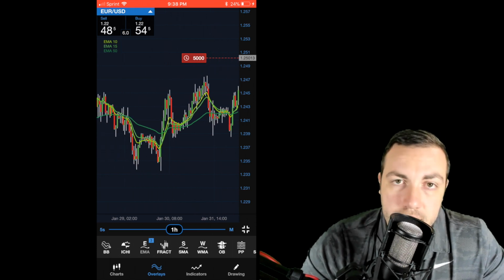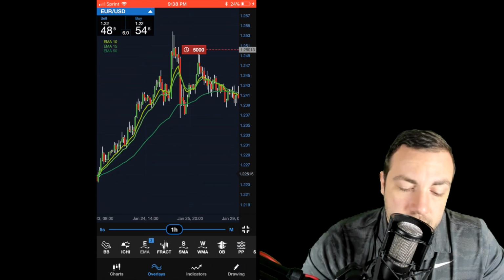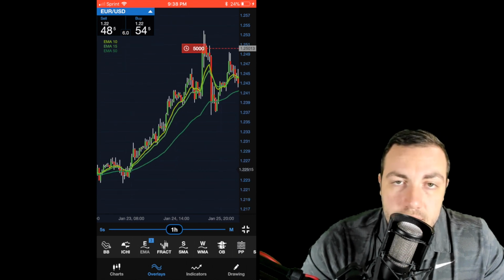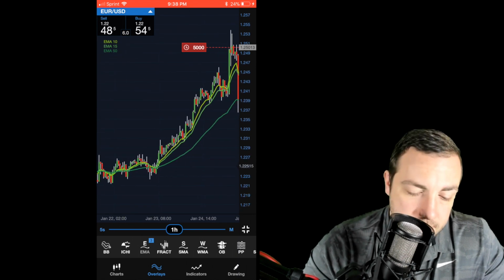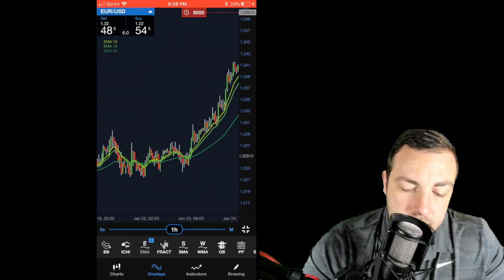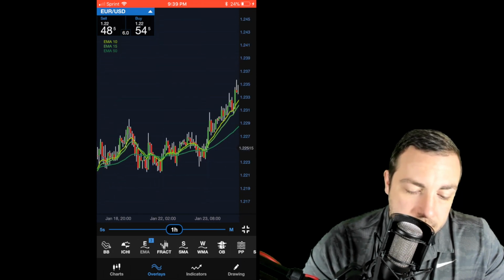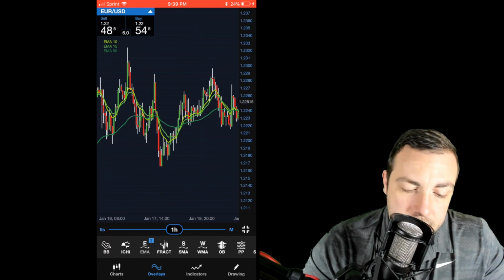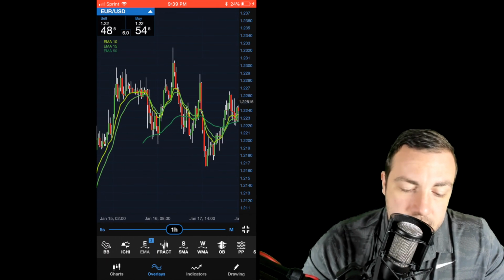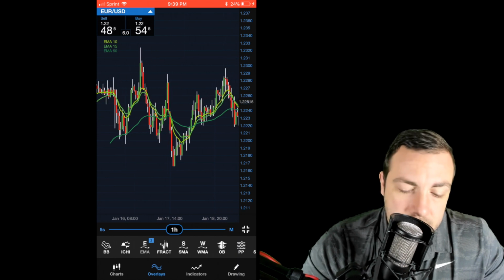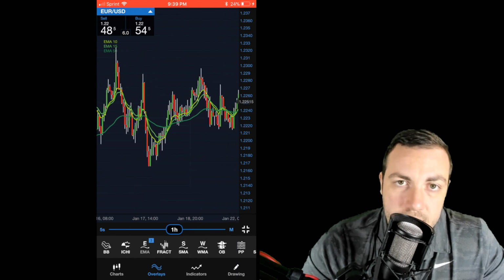But in a very clear trend, you will see the candles are above or below the EMA lines. So, try to find a good example. As you can see, it's different on these. If we were in stocks, it's a lot clearer. It's still nothing I would put 100% on, but